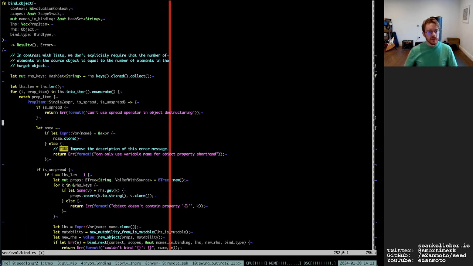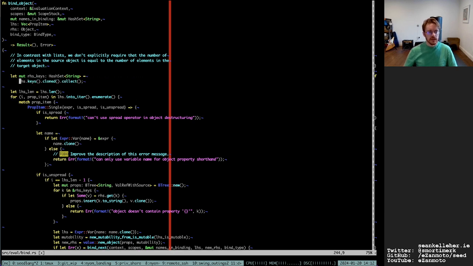And I guess right hand side keys is created up here.